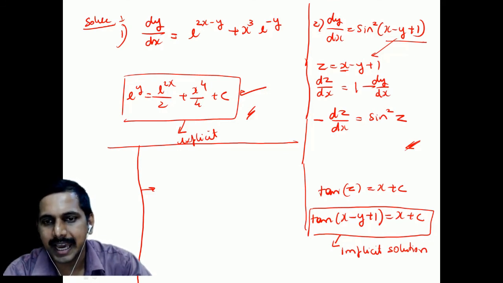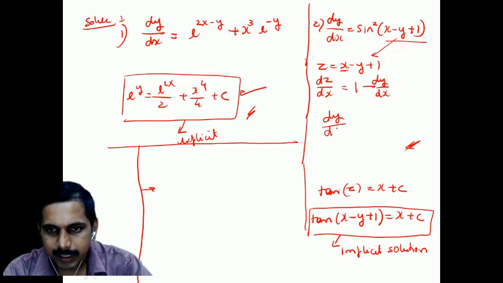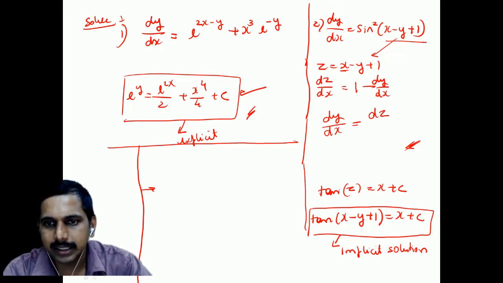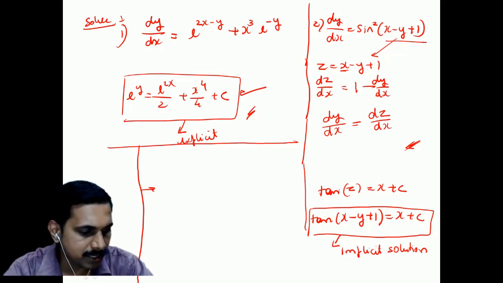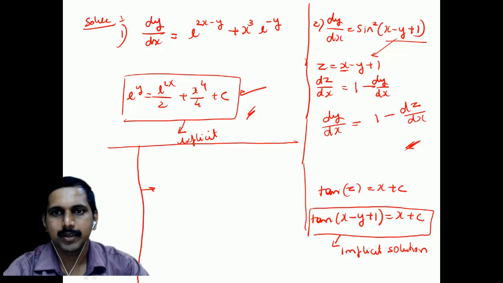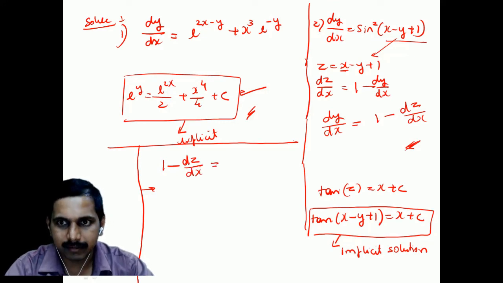So dy by dx would be equal to 1 minus dz by dx. Correct? So wherever dy by dx is there, I should put 1 minus dz by dx, which is equal to